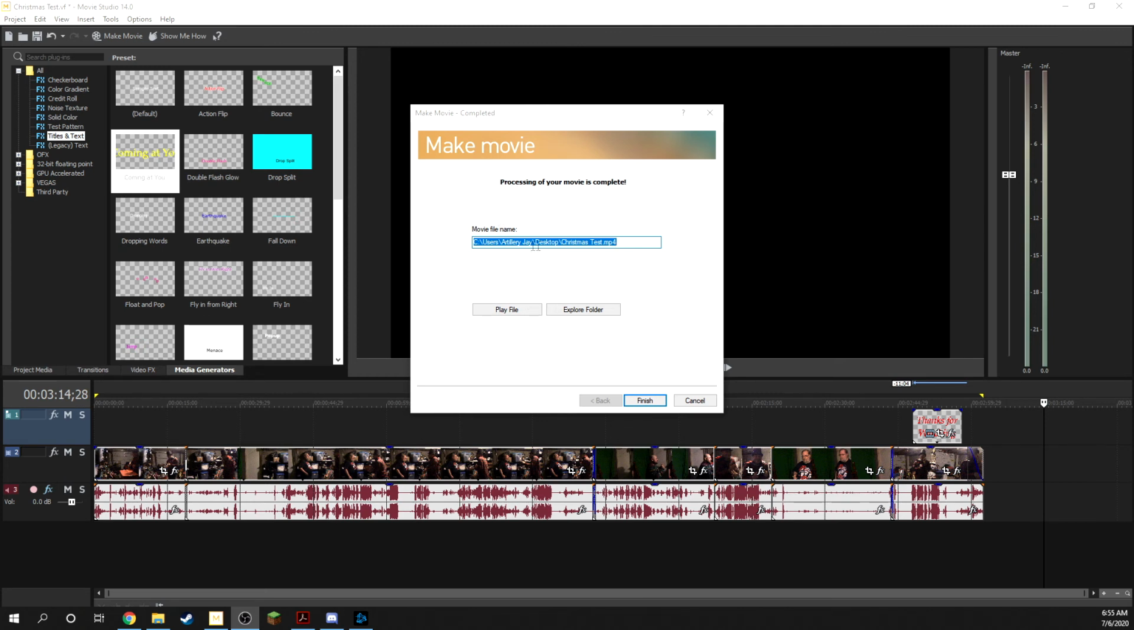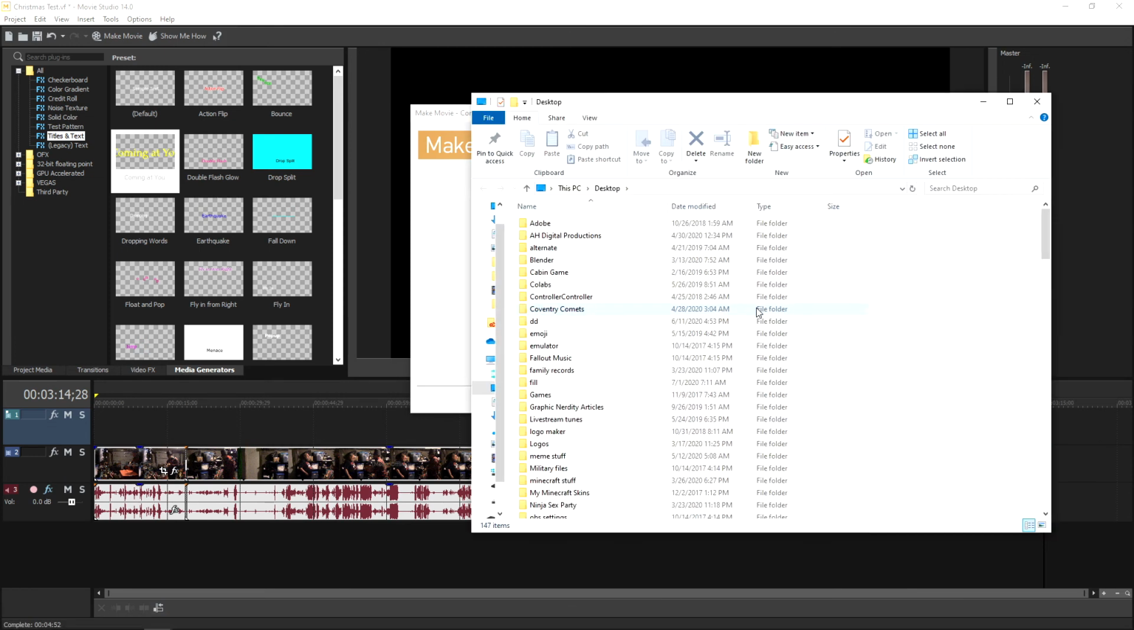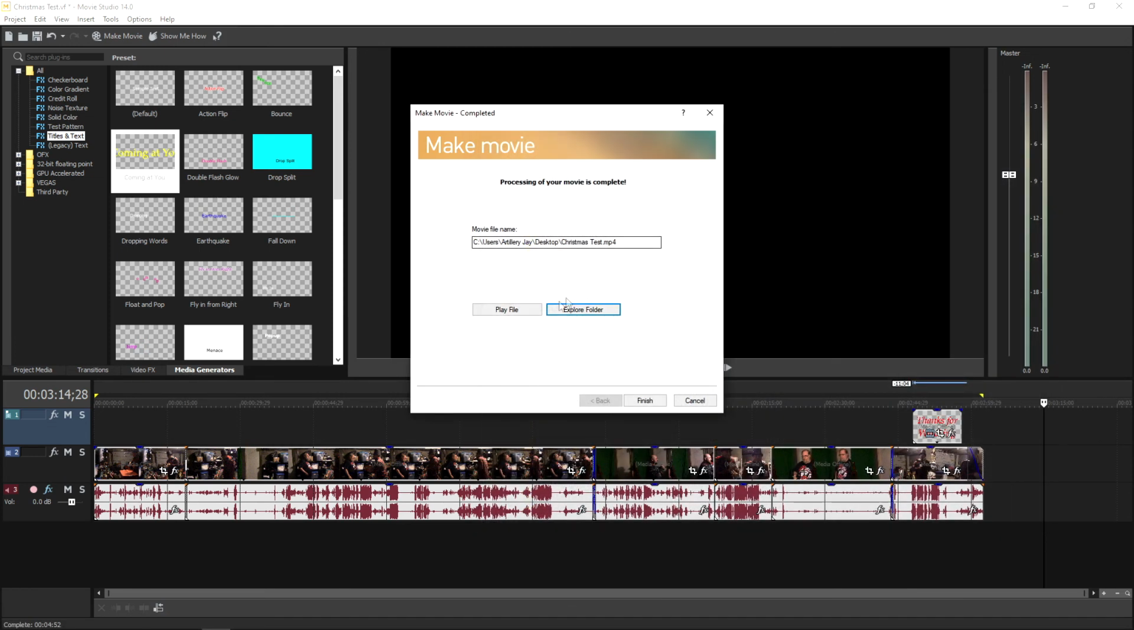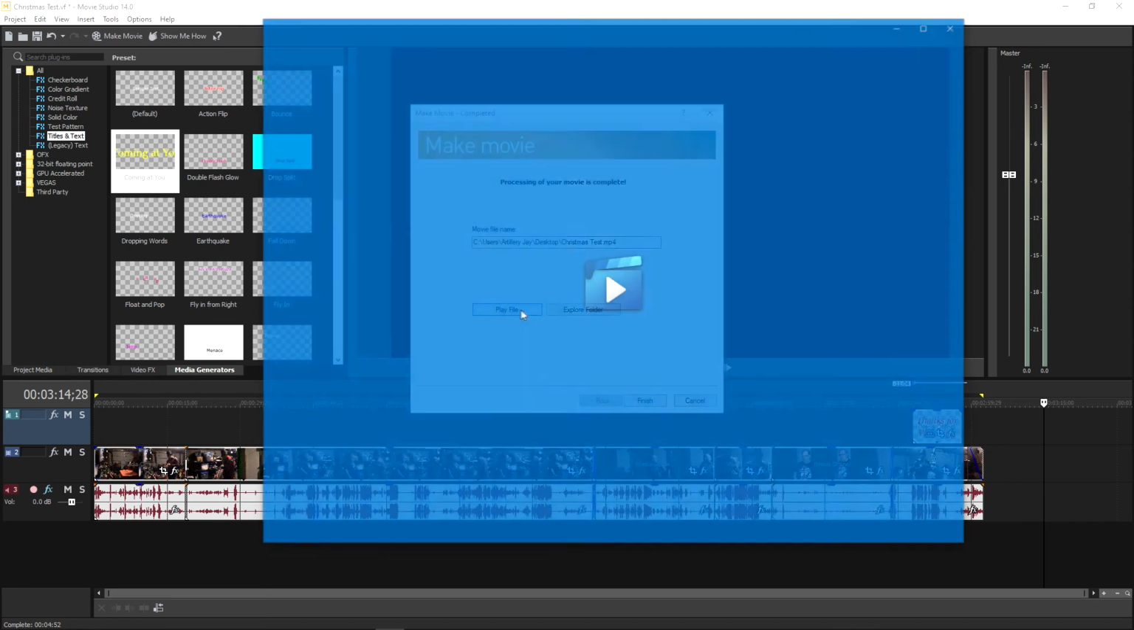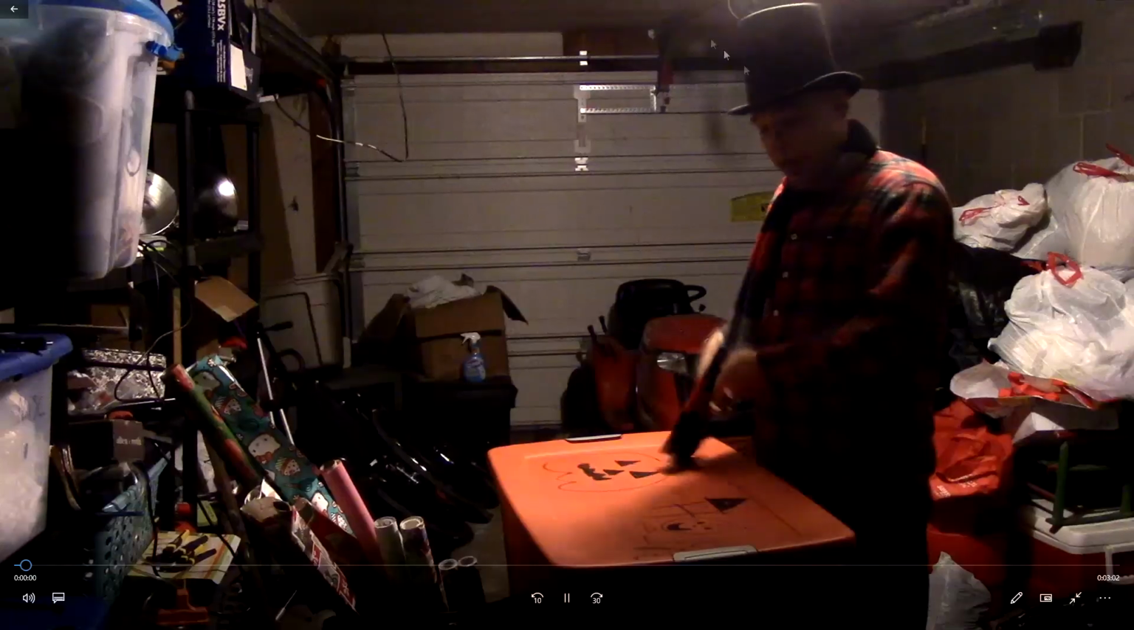So basically, it tells you the file name of it. So this is where it's located and the full name of it. You can play file, explore file, so that'll take you to the folder that it's in, which for me is the desktop. But I like to play file before I hit finish because sometimes for some reason audio gets jacked up. So